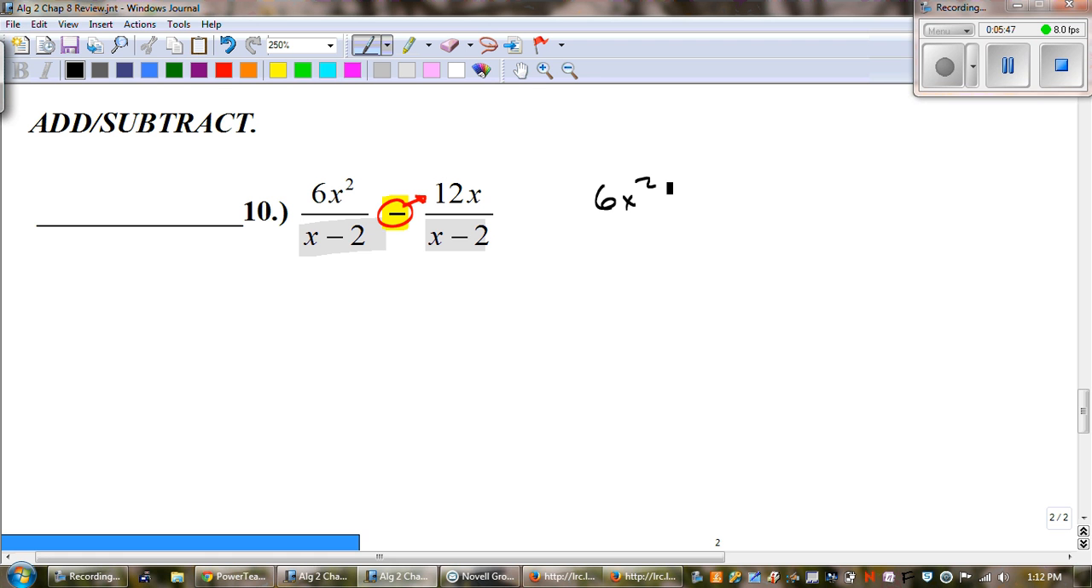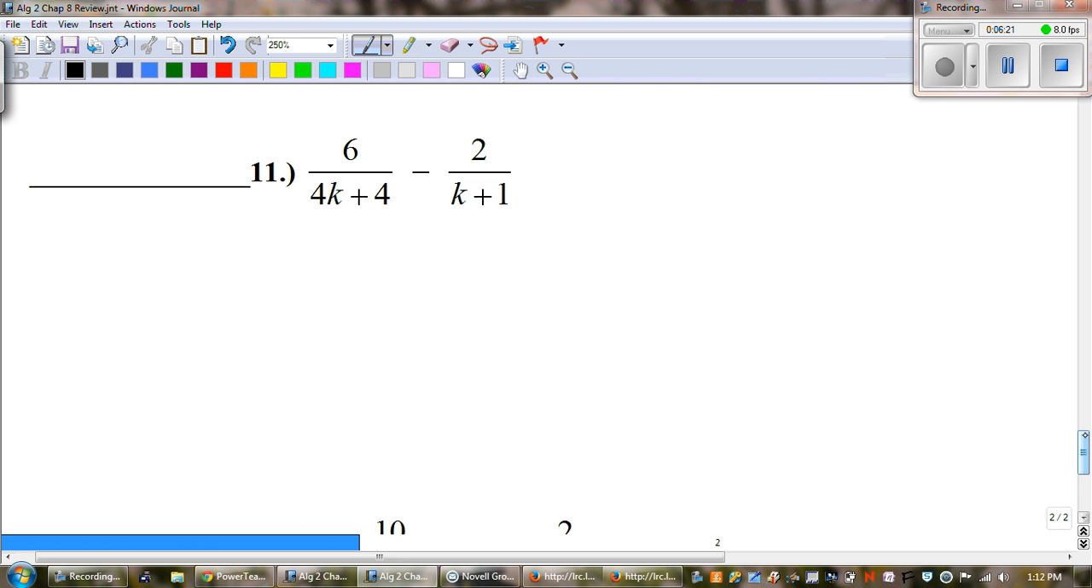So 6x squared minus 12x all over x minus 2. Is there a GCF? Yeah, we can factor out a 6x, and then we're left with x minus 2, and that's all over x minus 2. Is there anything we can cancel? Yeah, the x minus 2. And then we're left with 6x. All right,